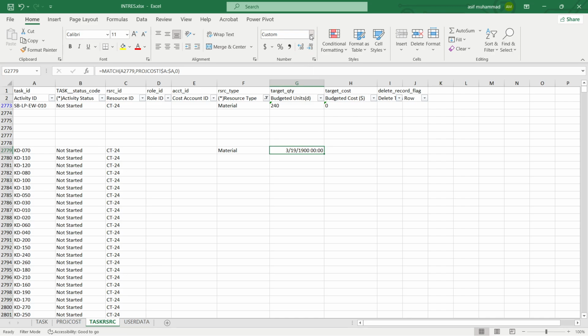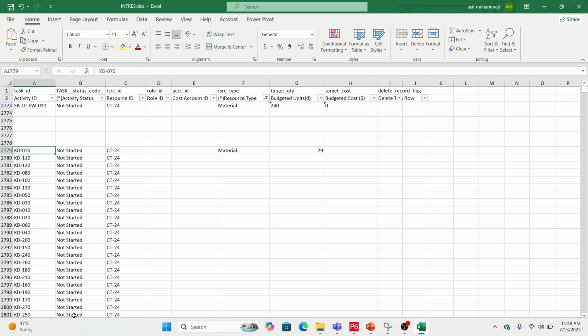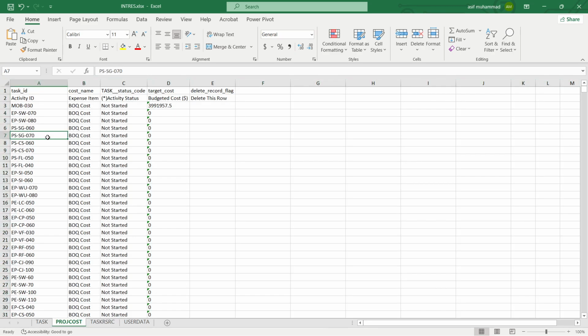It will give you date. So from here, I just select it, put a journal. So you can see that it shows that this KD070 is appearing on row number 47. So let's see. I just copy this KD070 and copy this one coming in the project cost, and press